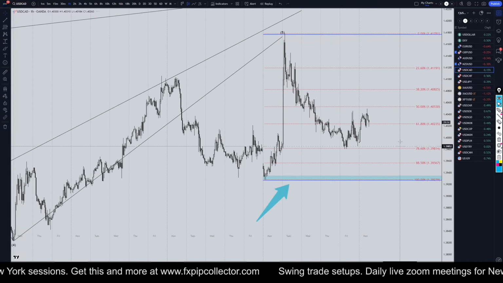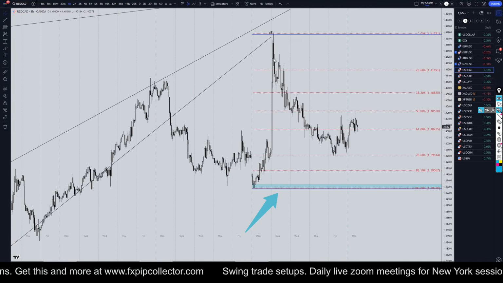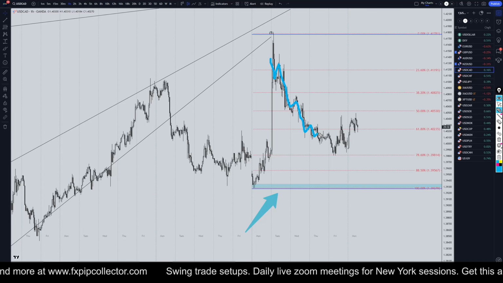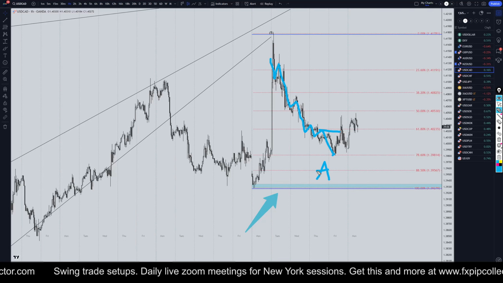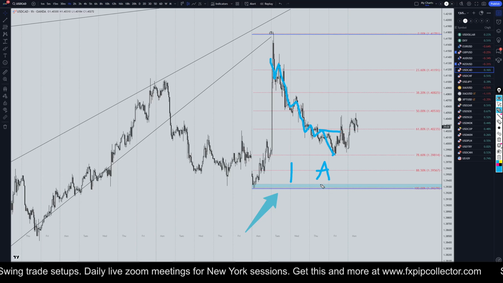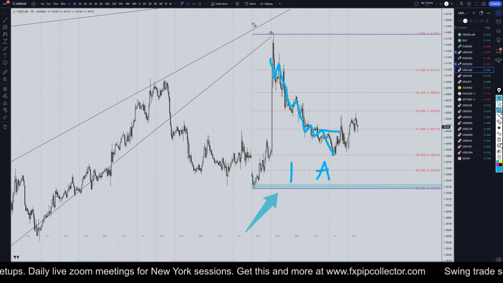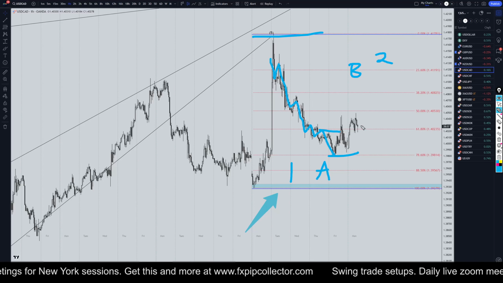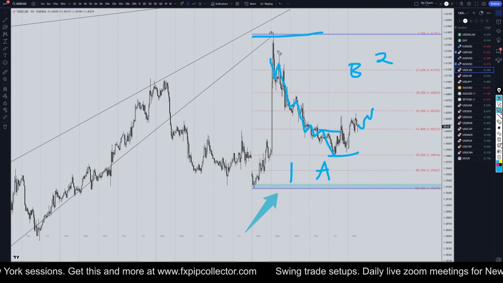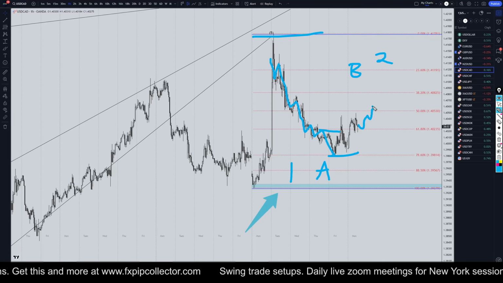Taking it right down to the 1 hour time frame. So on the 1 hour time frame, we got a nice little series of lower lows, lower highs, and then we have a break of that series. So this is either a wave A or a wave 1. That means that most likely we're going up now in a correction to this move down, either wave B or wave 2. So if it goes up to a Fibonacci retracement level of this push down and then turns down,